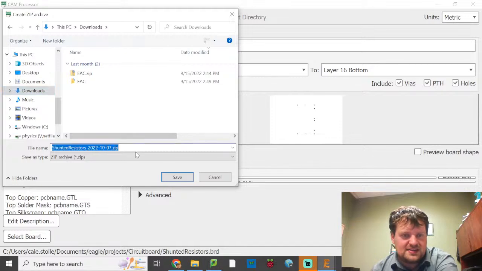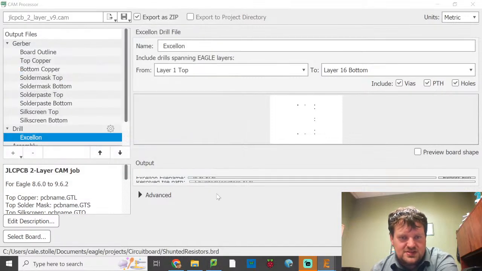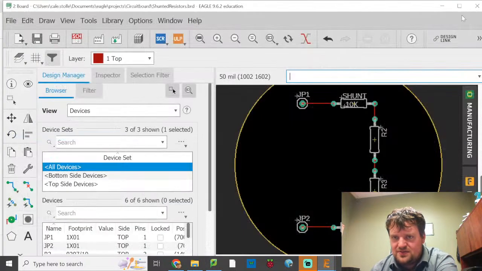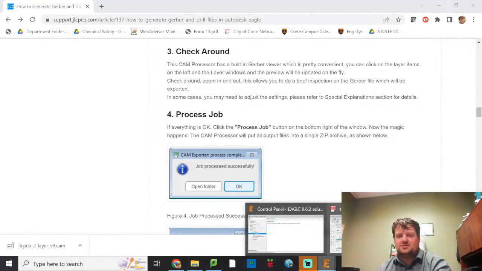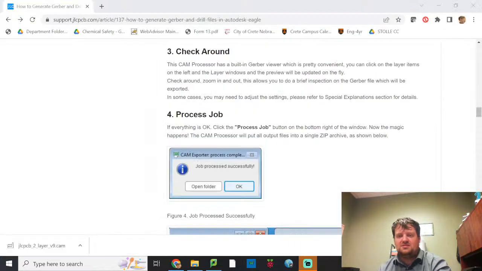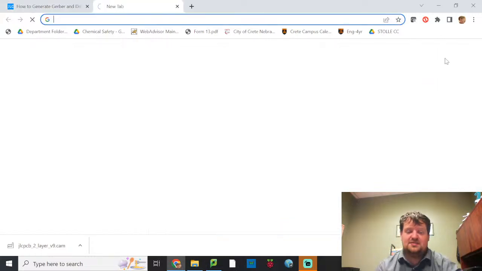So it'll save as a zip folder. So I'll just hit OK. OK. And then I'll click out of this window. Make sure to save this. And I'm done with Eagle. So I just created my own little diagram in there. We're done. All right, now that I have that, I go to